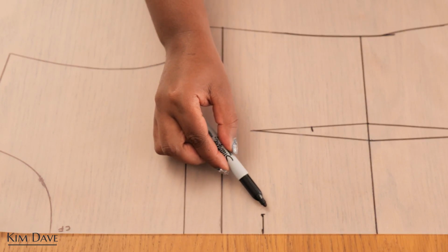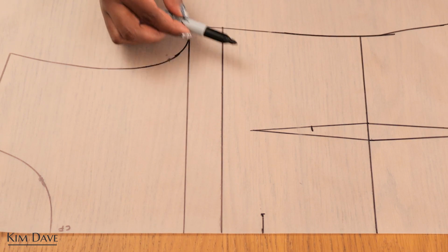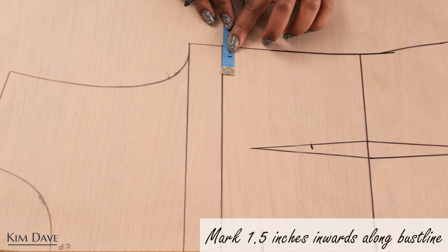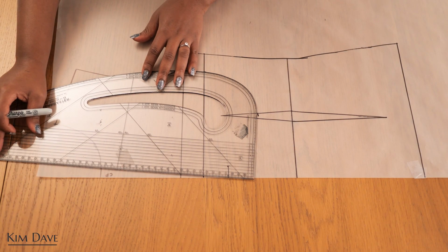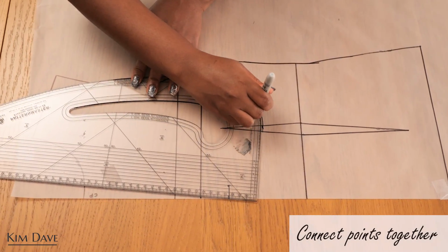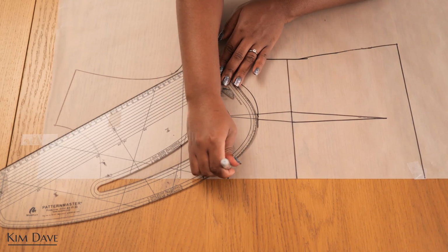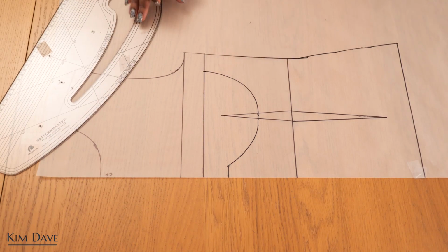So I'm going to go on and create that dipping shape all the way around like this, but first I want to define how much I want this to go from the edge, which is about 1.5 inches inwards along the bust line. So using my pattern master, I'm drawing in the cup shape like so. And this is not going to be the accurate shape of my bust. It's just going to make that illusion that is cupping my bust line up